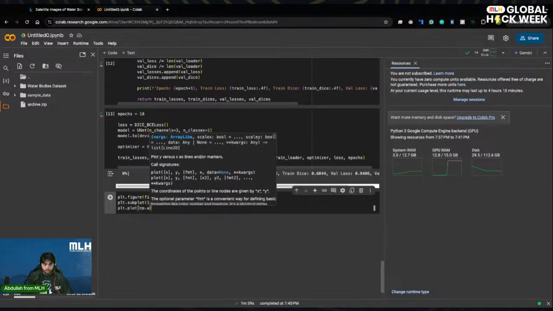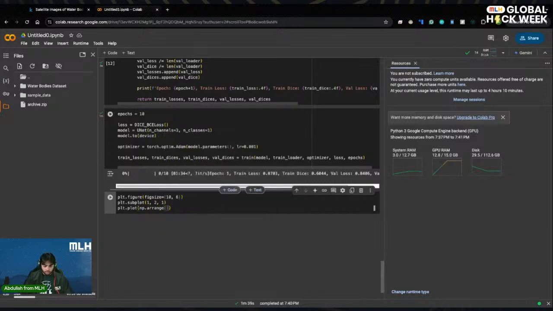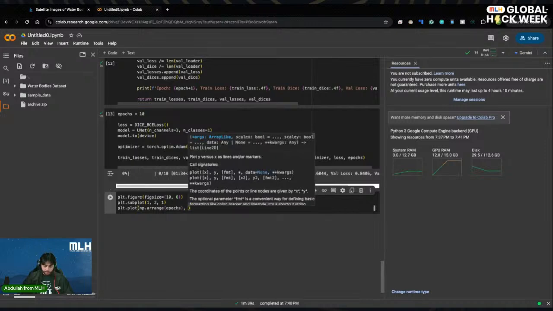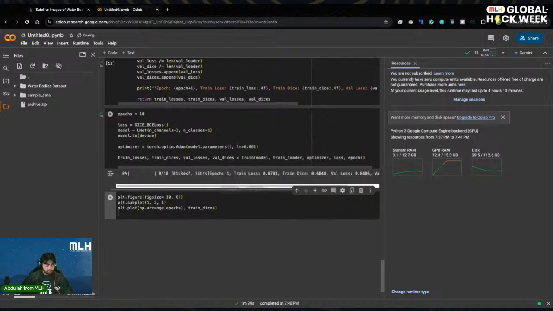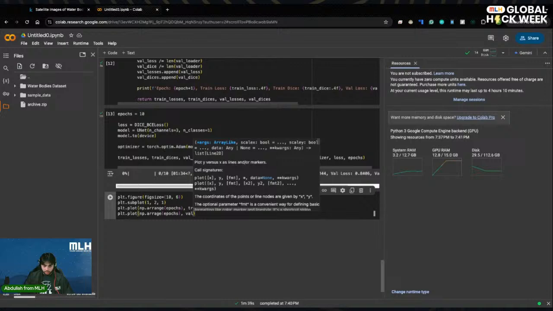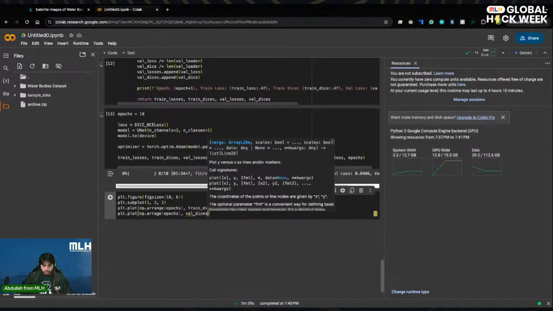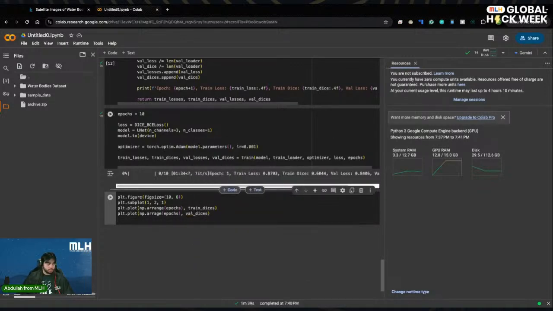So np.arange the epochs and train dices. And then plt.plot and np.arange epochs again, and this time it's the validation dices. Then we can just clean up our actual,